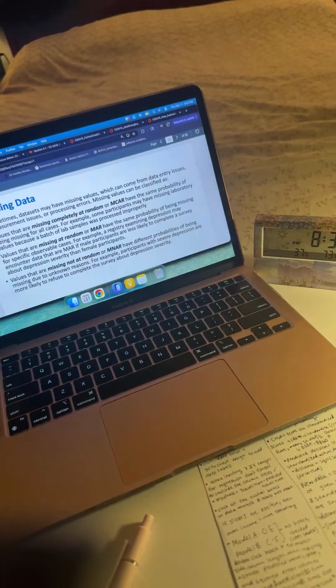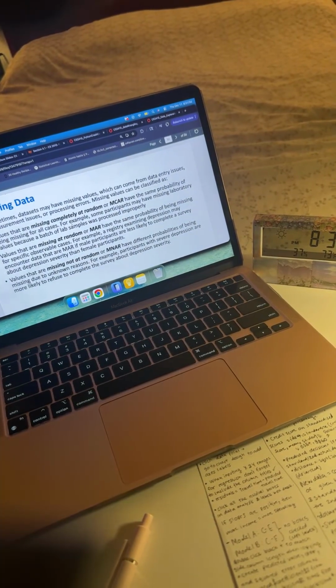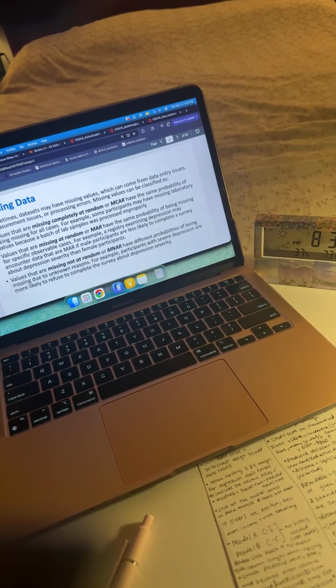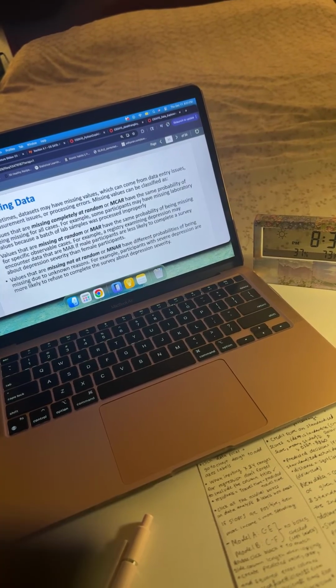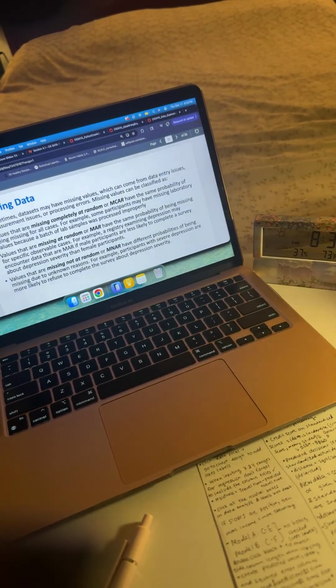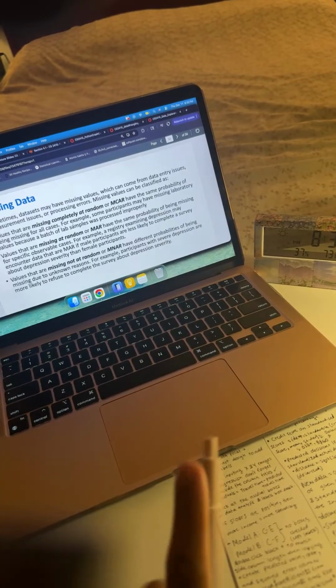So that's MCAR, right? Missing completely at random. Missing at random has the same probability for a specific observable case. So MAR